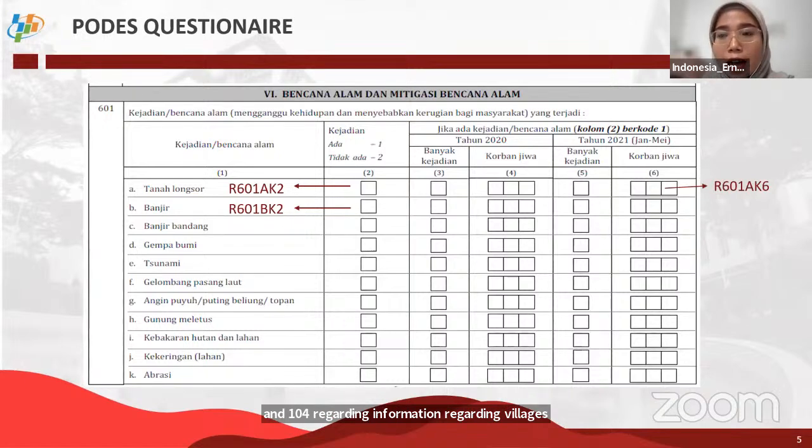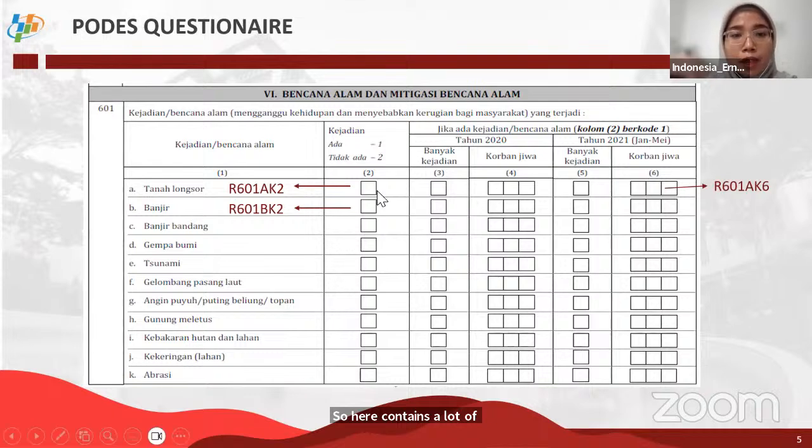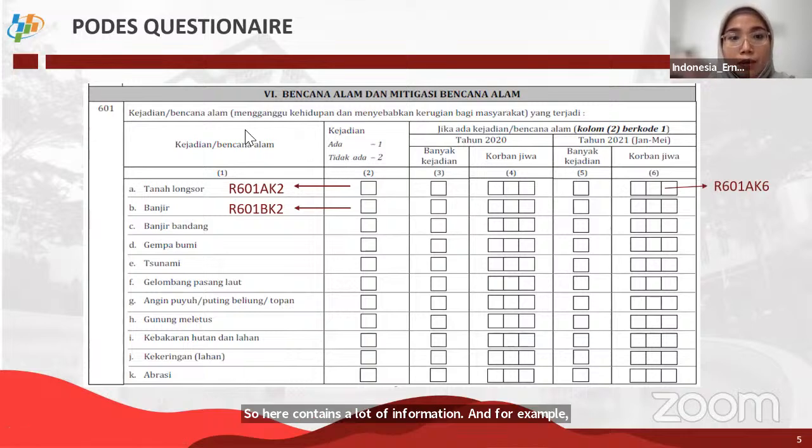So I give you another example of another chapter in the PODES questionnaire. Here we have chapter 6. It collects information about disaster and the mitigation. So here contains a lot of information. And for example, the information regarding this column will be presented in the file using the code